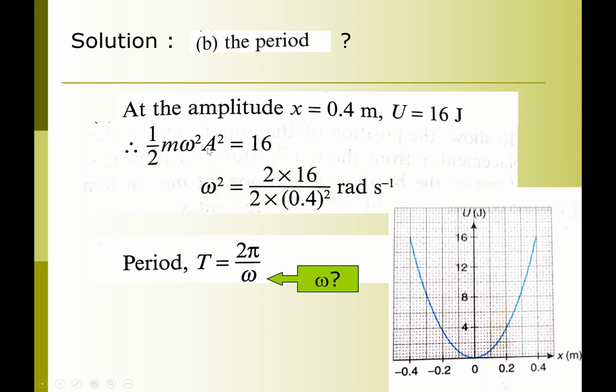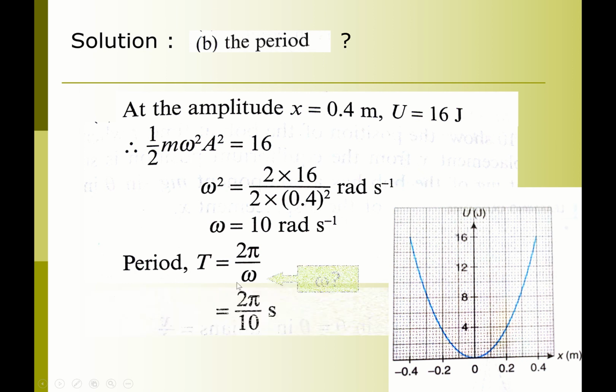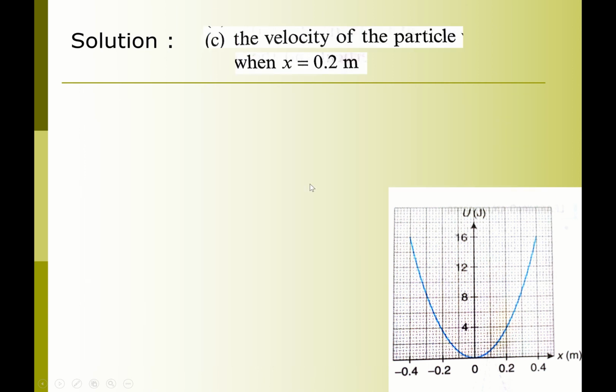So we substitute 0.4 for the amplitude, and we can get the angular frequency. The mass is given in the question just now as 2 kilogram. So the answer for omega, the angular frequency, is 10 radian per second. Now we can substitute into this equation of period, 2 pi per 10. So we get the answer 0.628 second. Okay, we've done the period. Next question is to